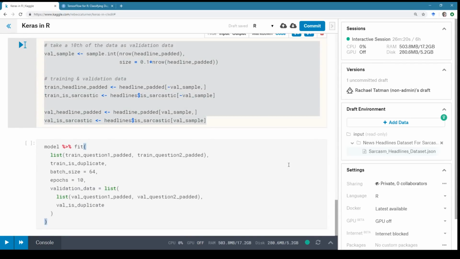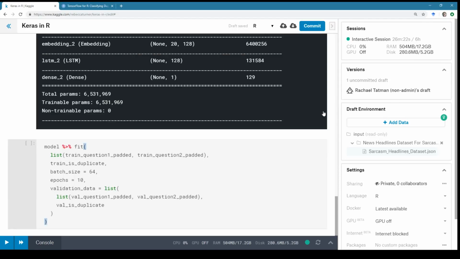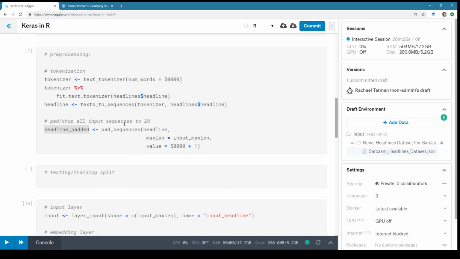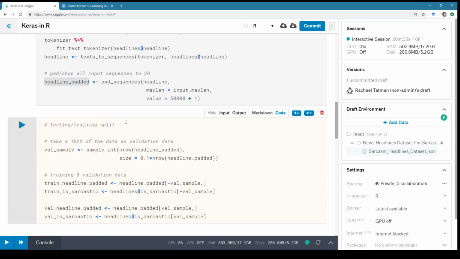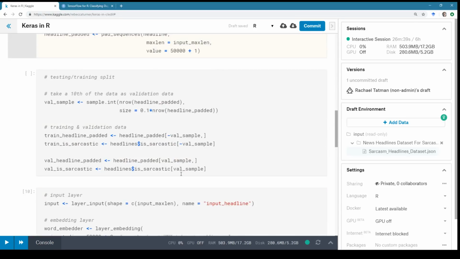All right, and now I'm gonna move you here. So when you're doing training and testing, it's important that you do it after any pre-processing that you do so that both the training and the testing data has the same pre-processing.